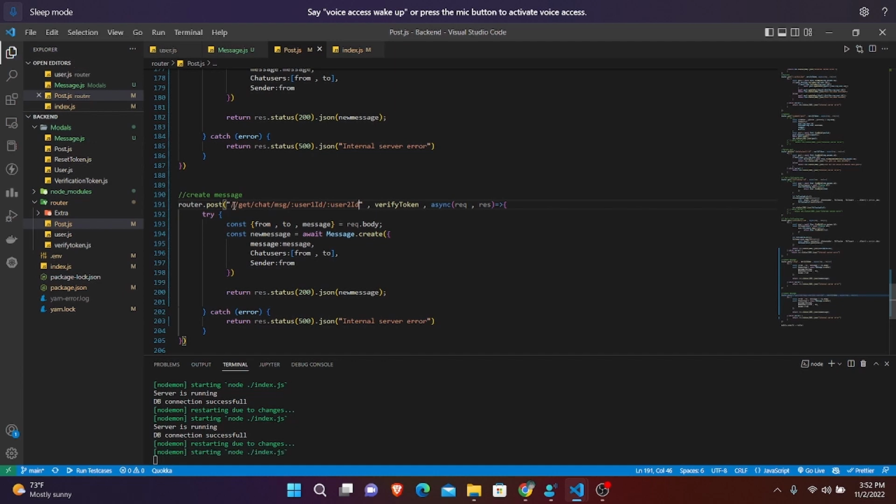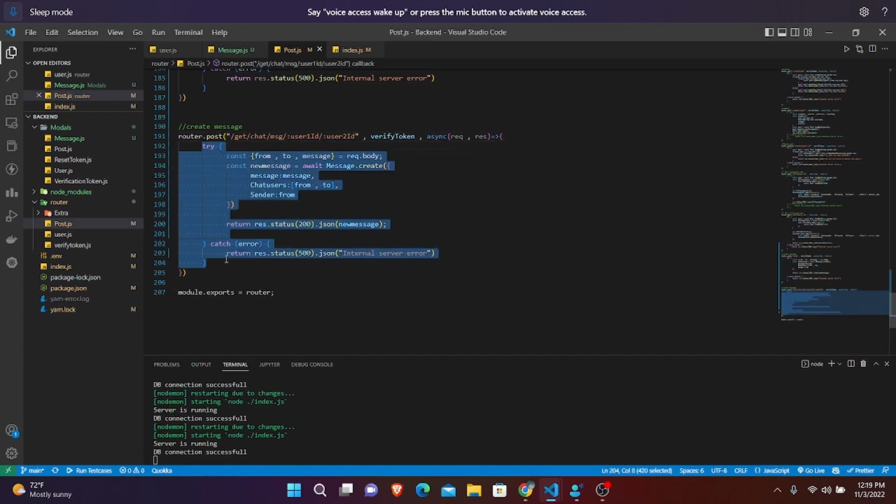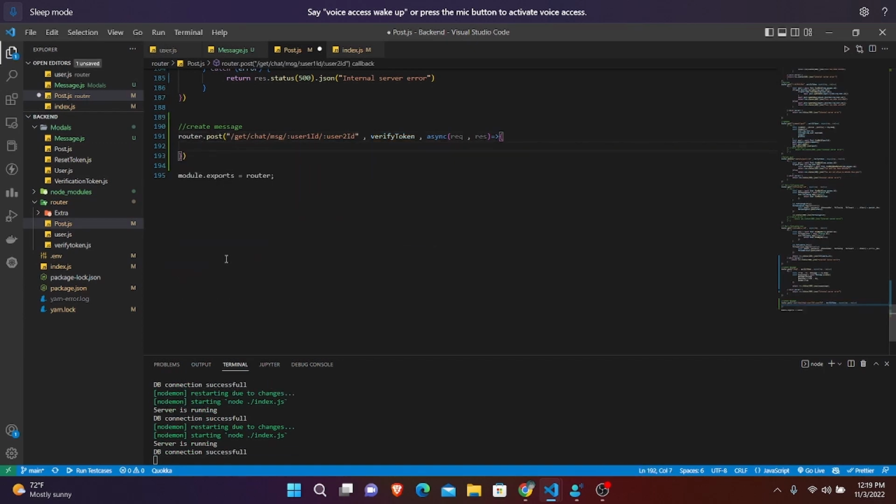Let's save this. So the first user ID is our sender user ID, and the second is the receiver user ID. Okay, so here we got a slash, so let's delete this, and now let's remove this code, and instead of this post we need to write a get,